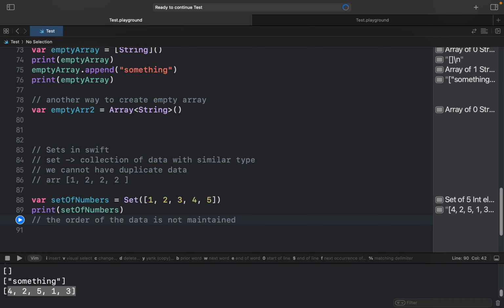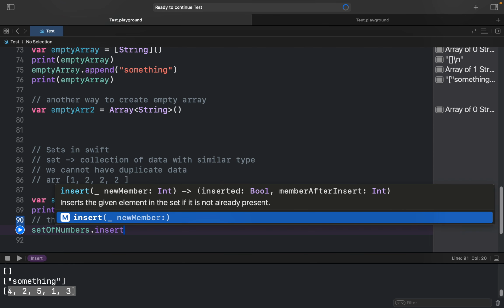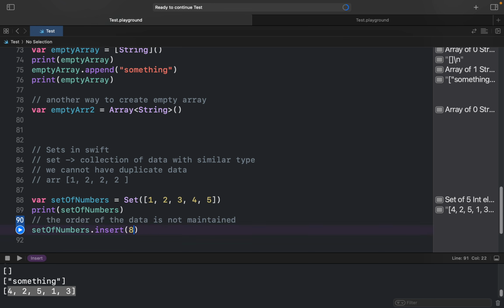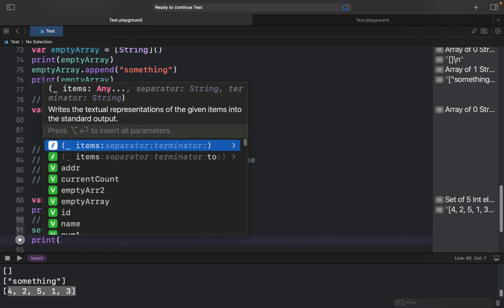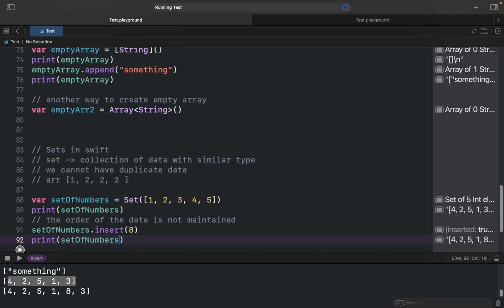That's why, now if I add another item, for that I use the insert method. If I add 8 and print this and run it, you can see it is not added at the last. Earlier I had 3 at the last. Now it won't add 8 after it. It can add 8 anywhere, at random places. That's why there is no indices concept in set,